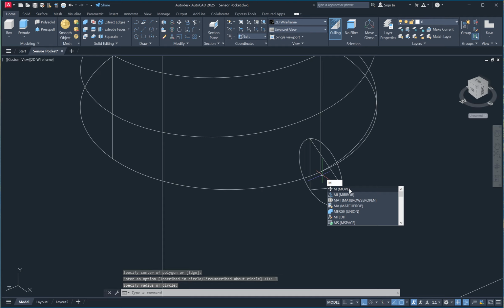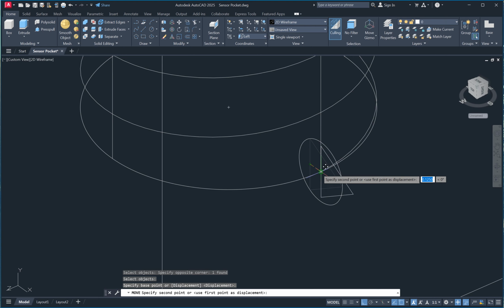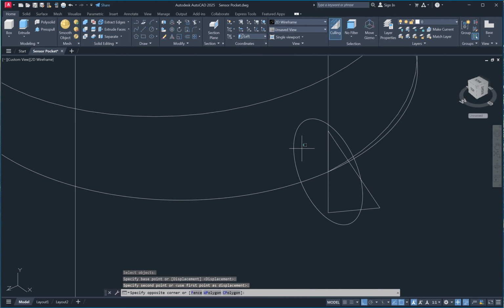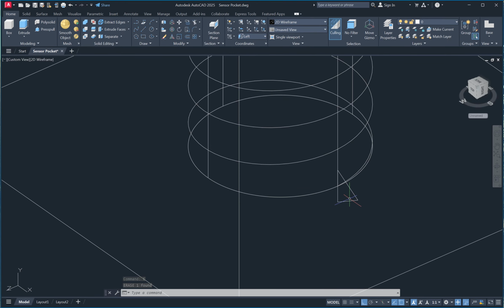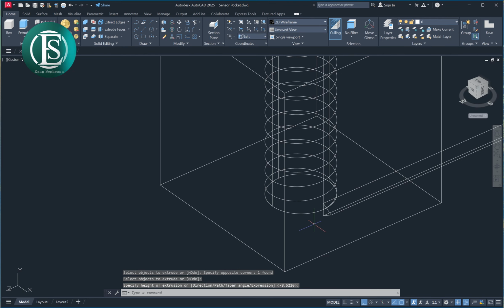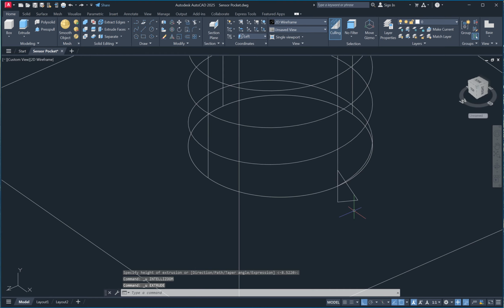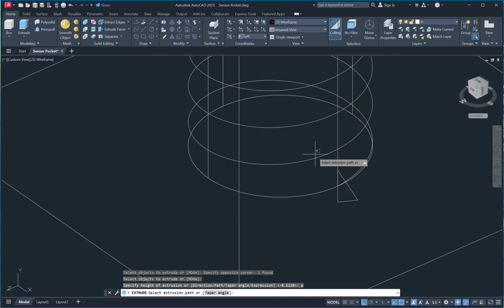I create a polygon, POL enter, number of sides 3 enter, specify center point, click here, inscribed in circle here, and then move, enter, select object, enter, specify base point, specify second point. Erase this circle. This we can copy for the screw, or we can create new. So extrude, EXT, enter, select polygon, enter, again, EXT, enter, select polygon, P, enter, and then path, select path here.